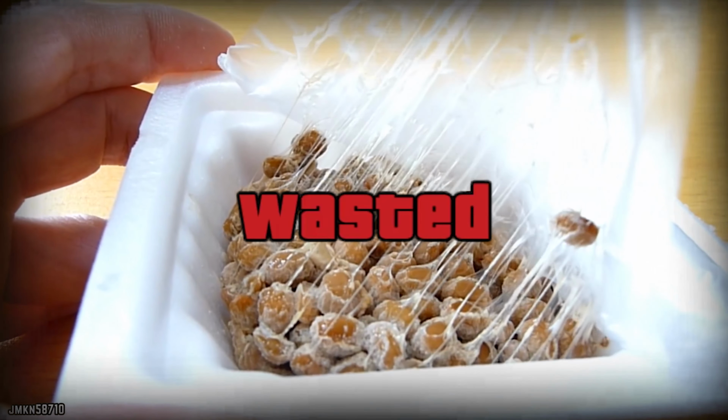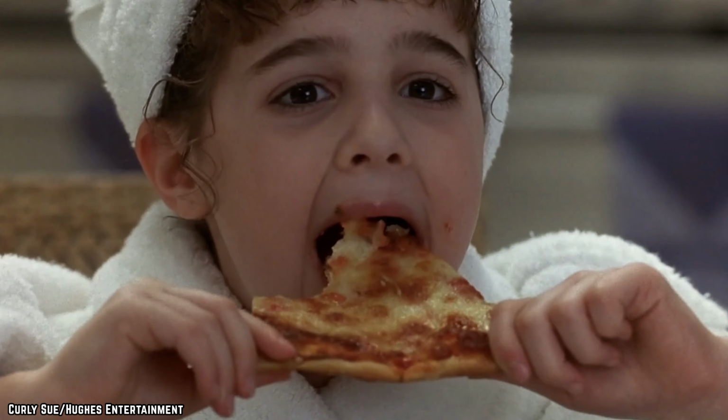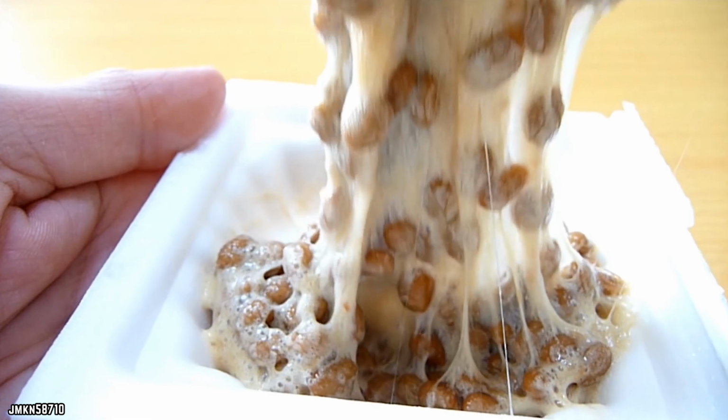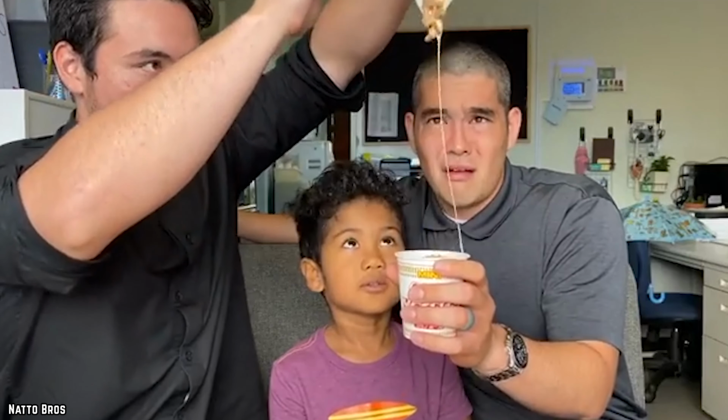Well, you've probably never heard of it because it's rarely found outside Japan, as the rest of the world has not developed as much of a taste for it. Natto is made of Japanese soybeans that have been fermented. This leaves them sticky and slimy with a strong odor to match. Another mysterious odor. Natto is not known to be kind on unassuming palates and is definitely not a huge hit